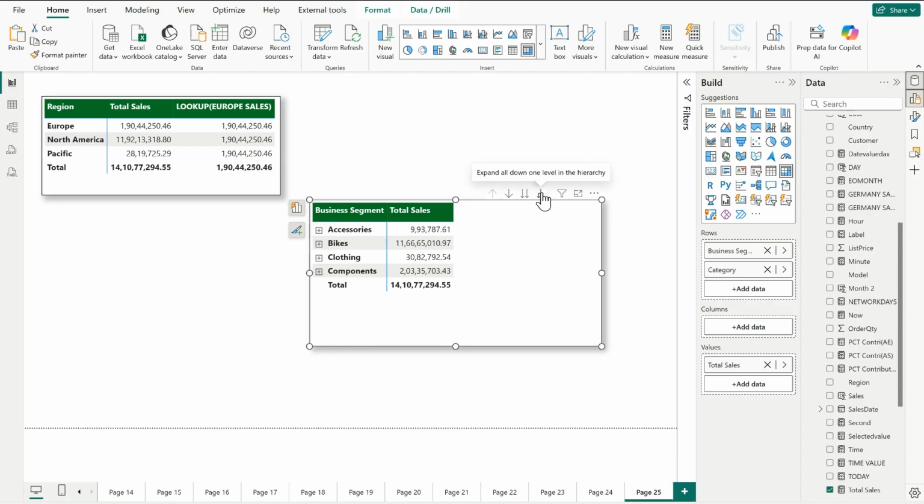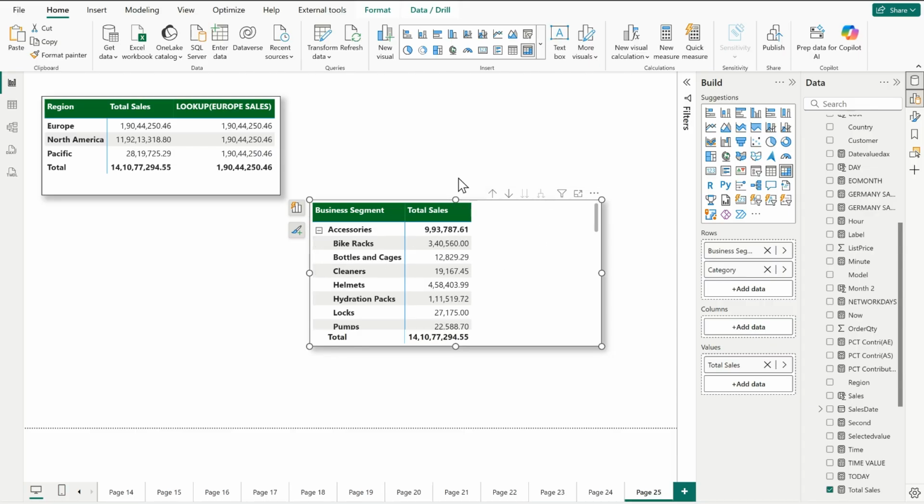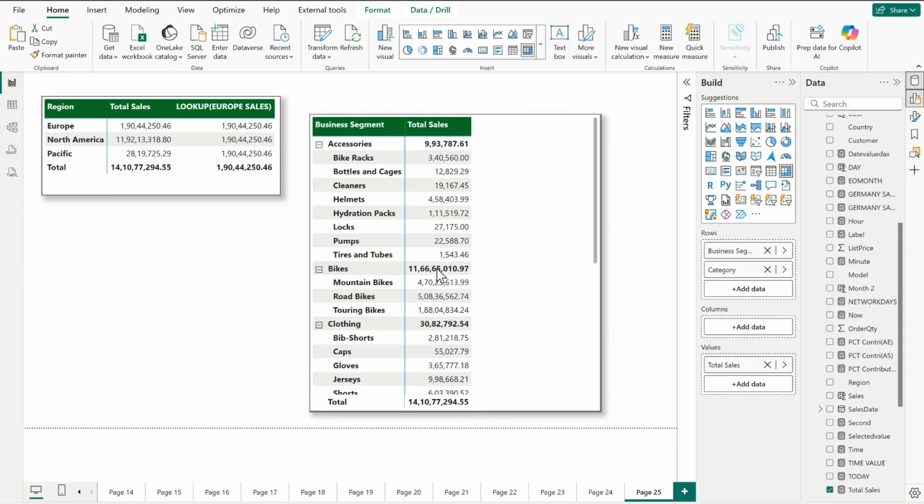Now let me drill down. When I drill down, in this business segment, this category is contributing this much, and in this segment this category is contributing this much. This is how we need to read this chart. Now what is our client requirement? They want to see any one of the business segment totals with respect to all the rows. For example, I want to see the bikes total sales. What is the bikes total sales? 11 crore 66 lakhs something. Now I want to see this 11 crore 66 lakhs total value with respect to all